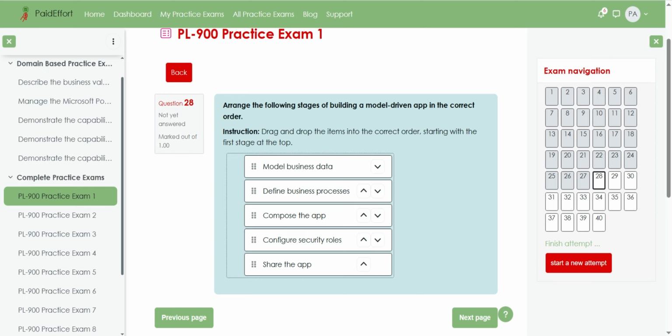Now let's walk through the explanation. First, you begin by modeling the business data, because without a solid data foundation, no app can serve its purpose effectively. Then you define the business processes to ensure that tasks follow a clear and consistent path. Once those elements are in place, you move on to composing the app by adding views, forms, and dashboards that